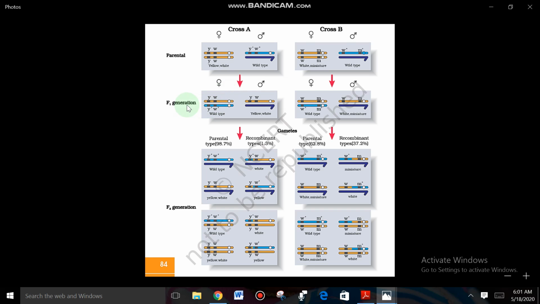In the F1 generation, what did he get? Only the sexes changed. These symbols indicate the sexes: yellow-bodied, white-eyed female and brown-bodied, red-eyed male, dominant and recessive. Are any new varieties formed? No. He got only the sexes different: brown-bodied, red-eyed female is formed and yellow-bodied, white-eyed male is formed. So only the sex is different, yellow and white male and brown red